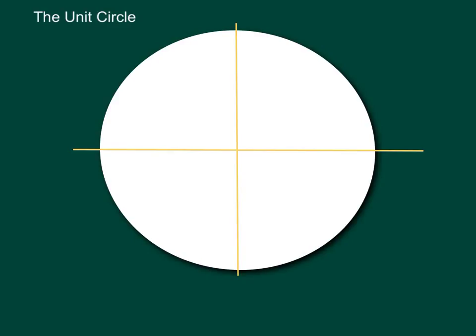In this lesson, we're going to learn about the unit circle and how it applies to degrees, radians, and how we can even use it to evaluate trig functions. So let's first go over what we already know, which is the unit circle is divided into fourths. And since it's a unit circle,